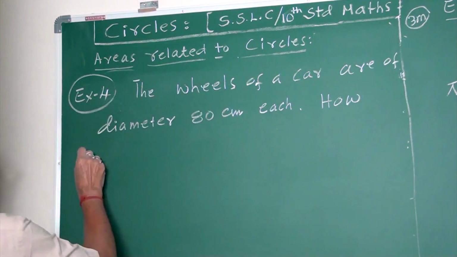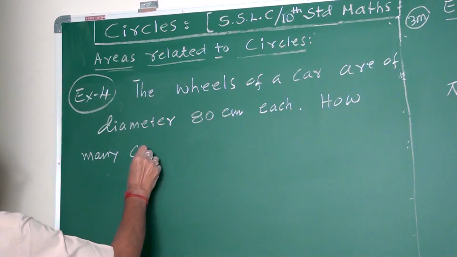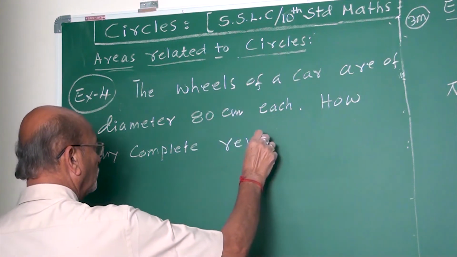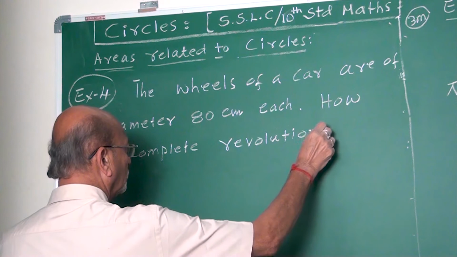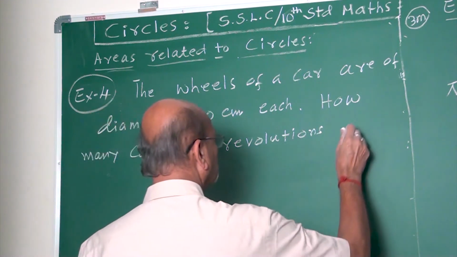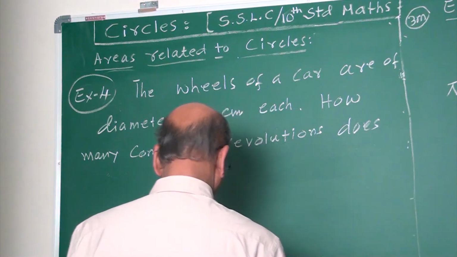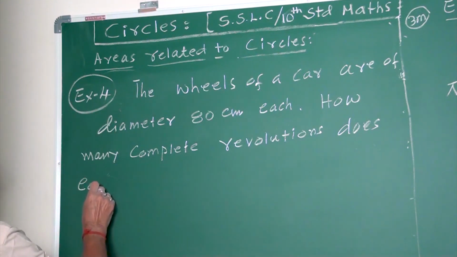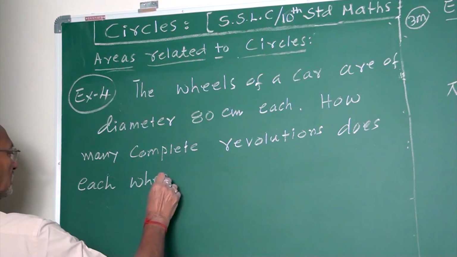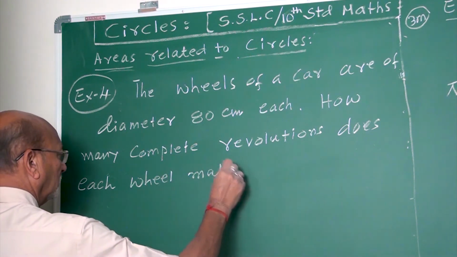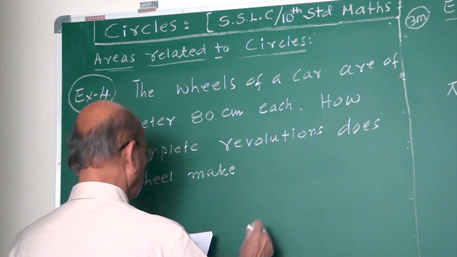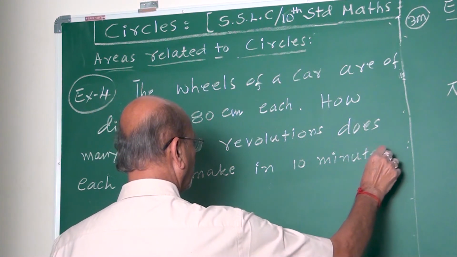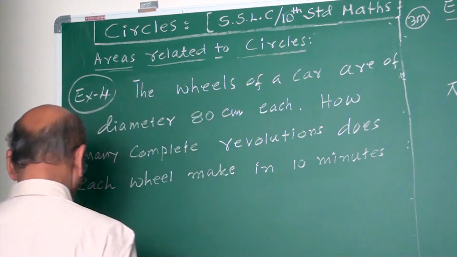How many complete revolutions does each wheel make in 10 minutes, when the car is traveling